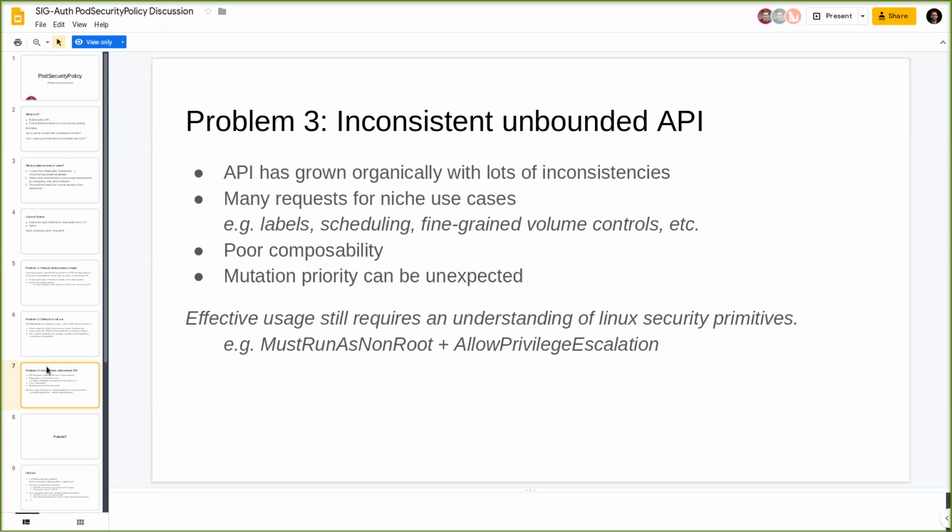But there is this desire to build a more powerful policy mechanism and have it work for all sorts of niche use cases. Also, pod security policy doesn't really compose with other policies, since it's an allow-based model: you have to have a single policy that allows everything in the pod in order for it to be accepted. So you can't have, say, one policy that deals with the privilege aspects and one policy that deals with the volume aspects. You can make that work across different admission controllers,